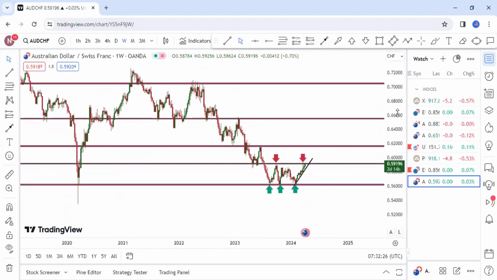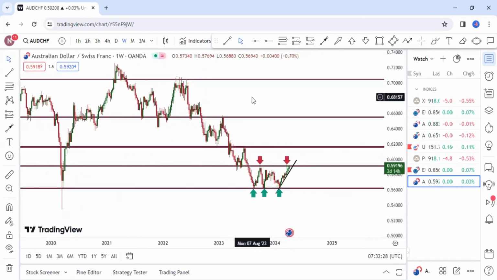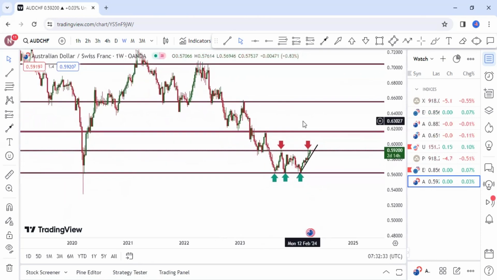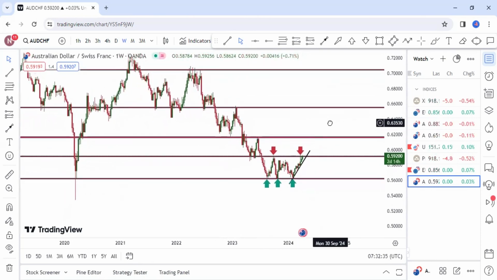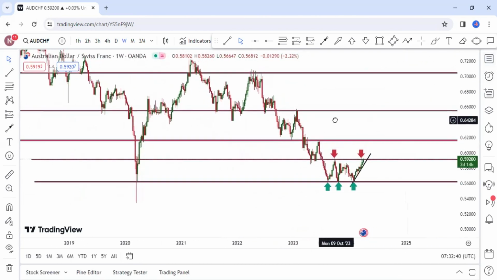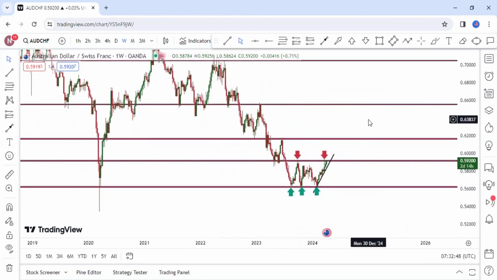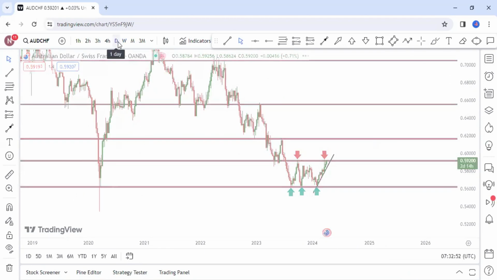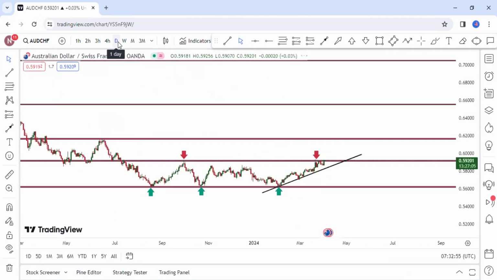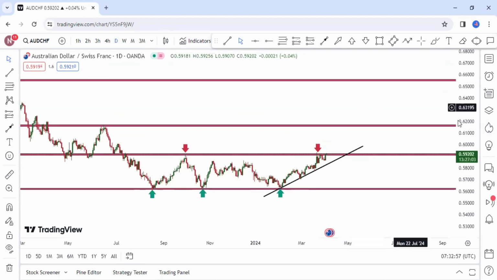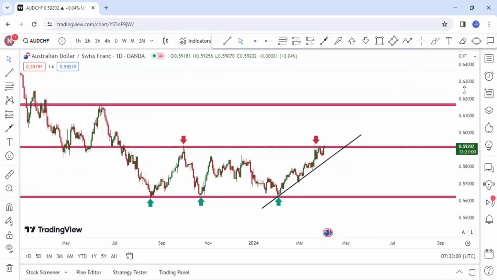Now the pair that I'm going to anticipate taking is Aussie Chf. This is on weekly. On Aussie Chf, this is another pair that I'm anticipating to take. So I'm just waiting to see if the confluence will align. So let's go to daily and see what's going to form here. On daily,